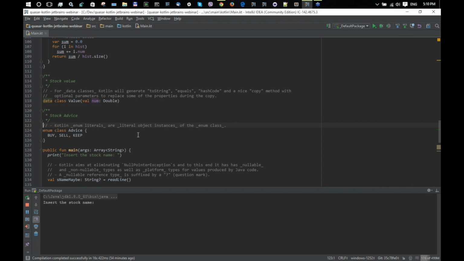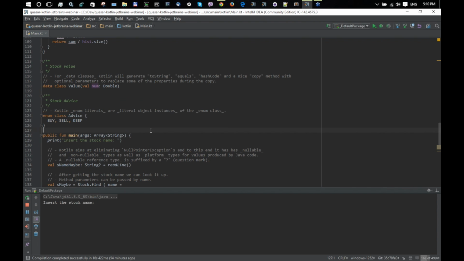We also can use enumeration classes. Actually, enumeration classes in Kotlin are pretty much full-featured classes, and the enumeration literals are really literal object instances of the enumeration class. So you can do with them really whatever you normally do with objects and classes. So, we are finally looking at the main